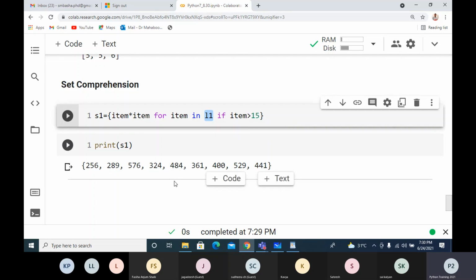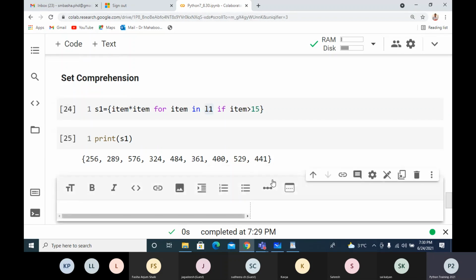That is how we create the set comprehension. Next we'll write some programs using comprehension whenever it is required. Just initially we are discussing some concepts. Next we'll see the dictionary comprehension.